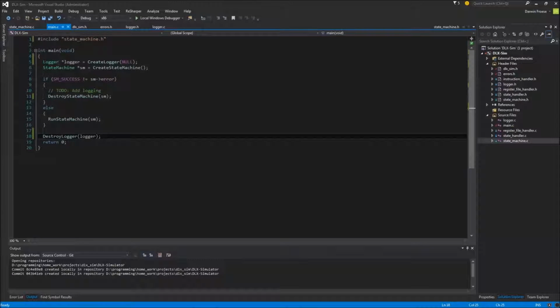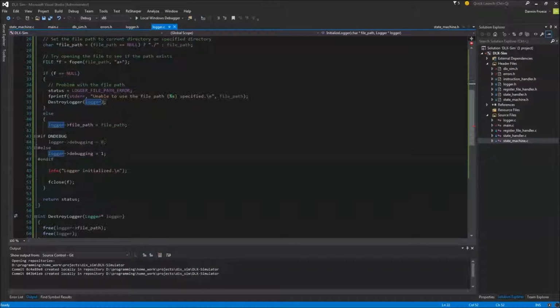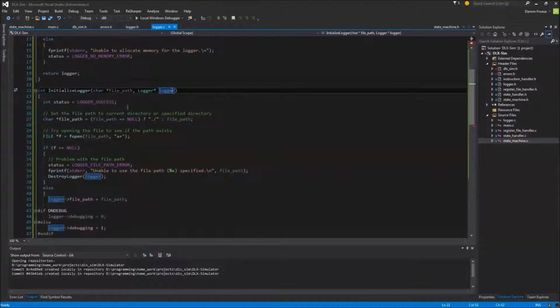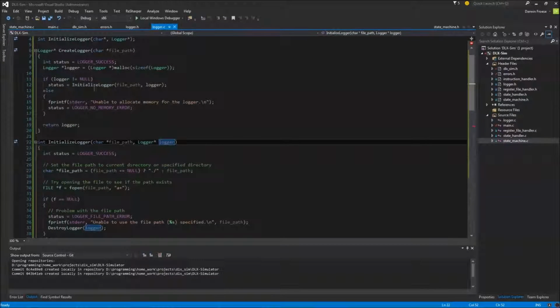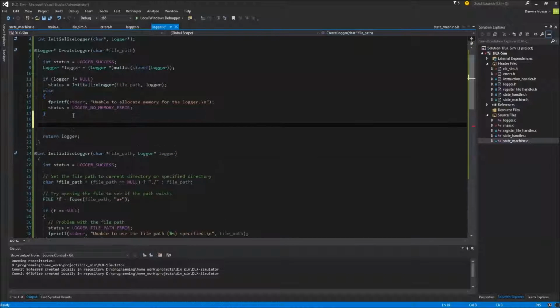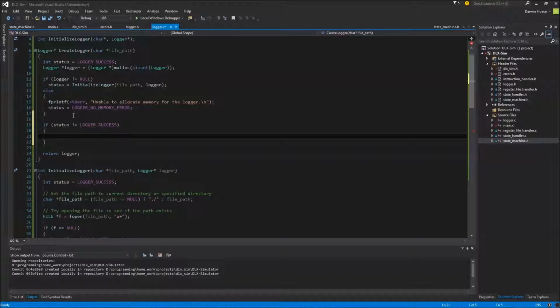So we create it. We come in and we actually create it. We initialize it. And then we return that. And we return the logger. So we should check here now if status does not equal logger success. So if we couldn't successfully initialize it, what we want to do is have an fprintf to standard error: couldn't initialize the logger,